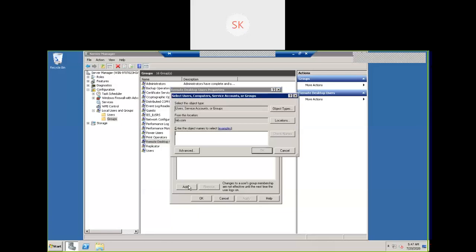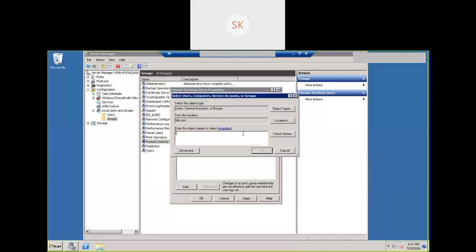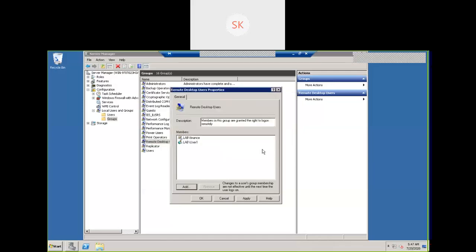Either you can add user one and finance both together. Select user one. Okay, finance, check names. So what I did on a local group, I'm able to add a user and a domain group. This is the way we provide privileges to domain users or domain groups. This is the concept.